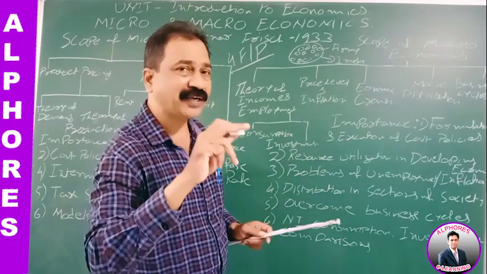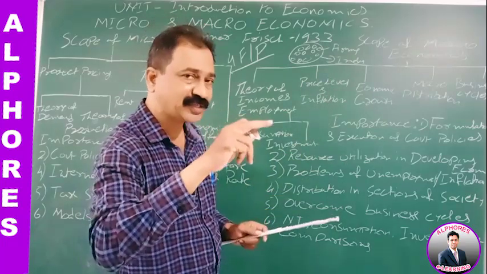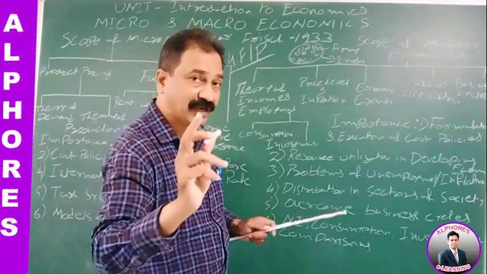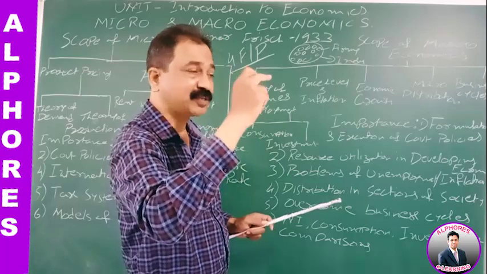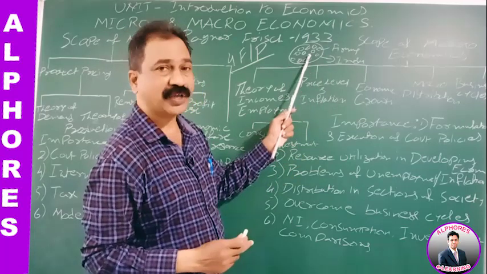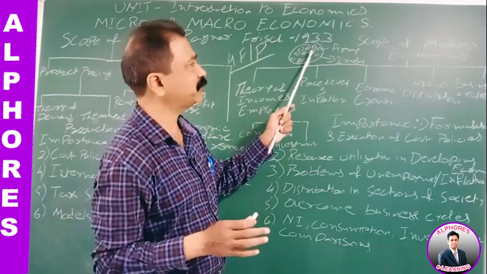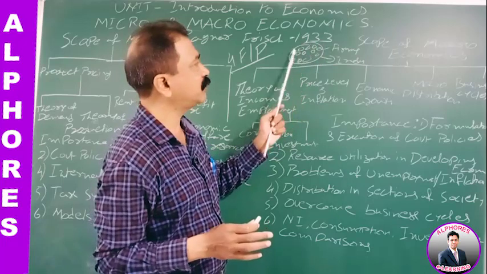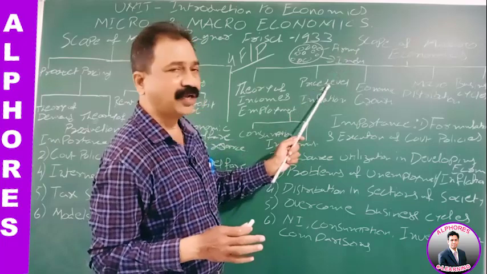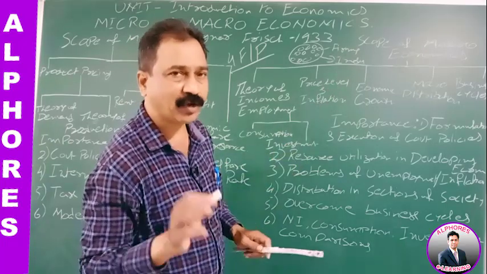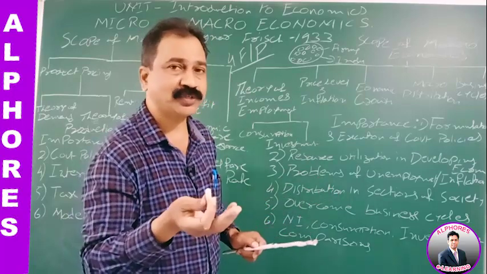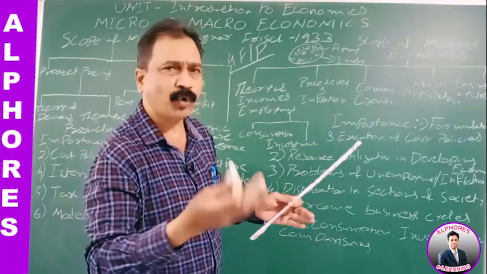When will the government take the decision? When they realize the prices are increasing. General price level increasing. Listen again. General price level increasing is called inflation. About the total industry, let us assume for some time this is the sugar industry. These are all sugar firms, and overall in the sugar industry price levels are increasing. Then immediately the government will take a decision and start giving additional loans and give more support to the